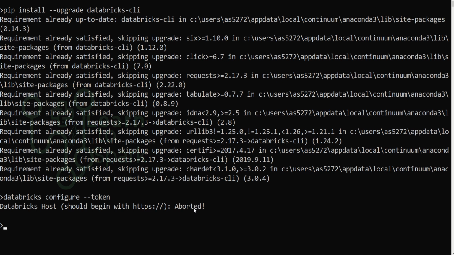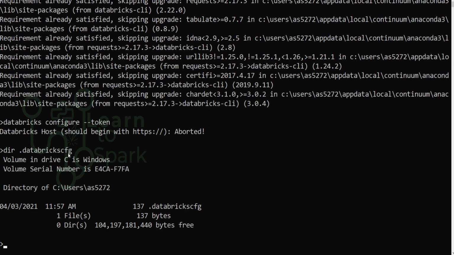Once after giving this token, you can find the .databrickscfg file. This file will be available in your home path, which will be having the data of the host name and the key that you are giving. In this way, you can confirm that the Databricks CLI has been configured properly.